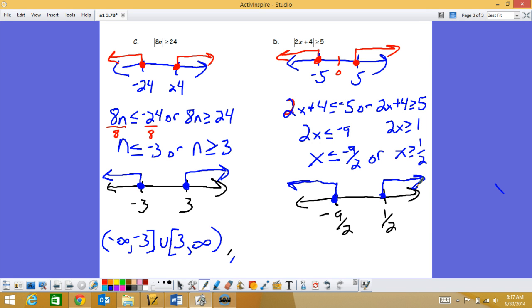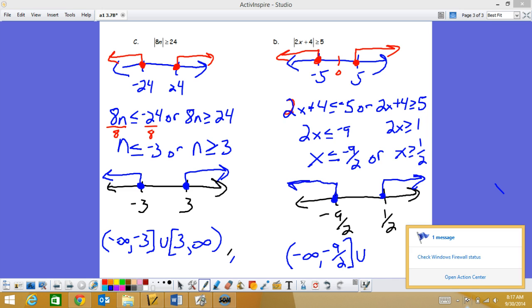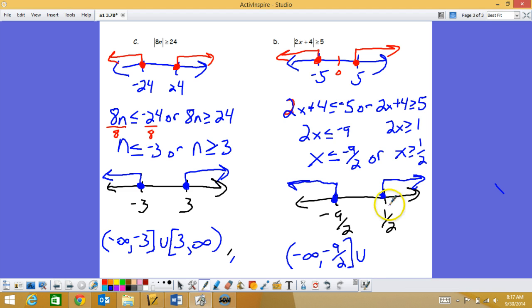So then the interval notation for this solution, starting at the left end of the graph at -infinity, goes to -9/2, parenthesis every time you use an infinity, and since it includes -9/2, we are going to have a bracket around -9/2, and since we have two intervals, we're going to use the union symbol. And then for 1/2, bracket at 1/2